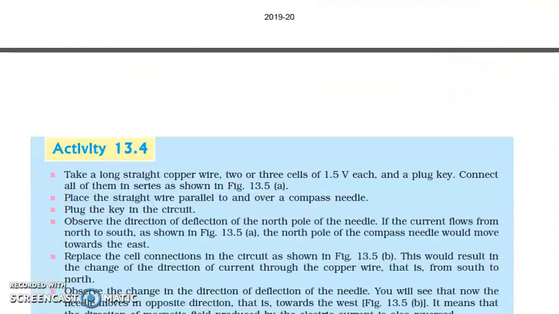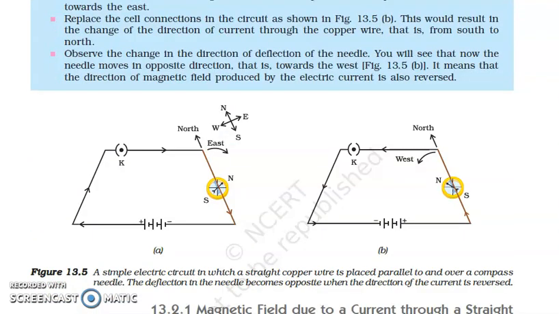Okay. Now the next part is magnetic field due to a current carrying conductor. For this topic we'll simply try to study this aspect. This is a similar aspect to what we learned on the first page. So what this topic suggests is you need not learn the directions for this topic. The conclusion for this topic is that the direction of the magnetic field produced by electric current is also reversed.